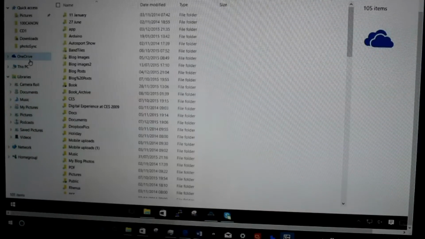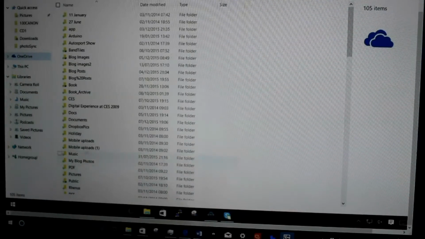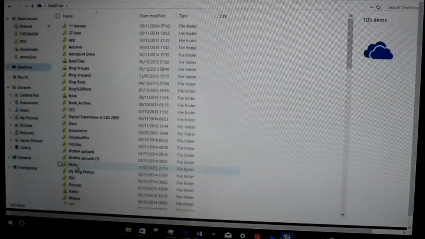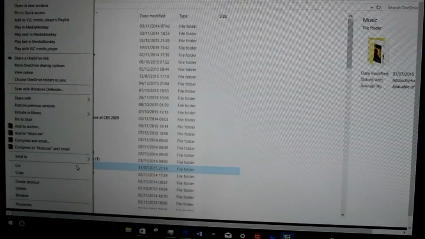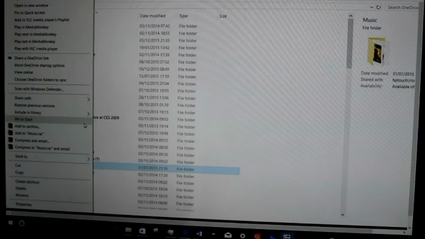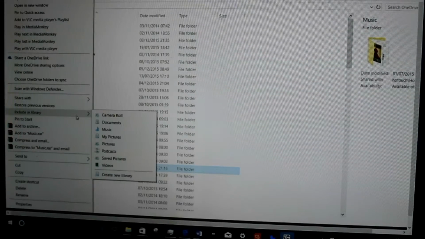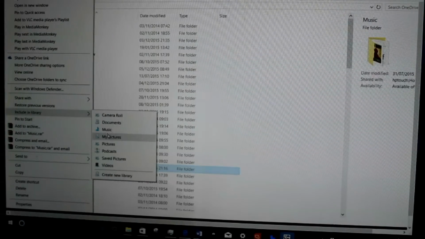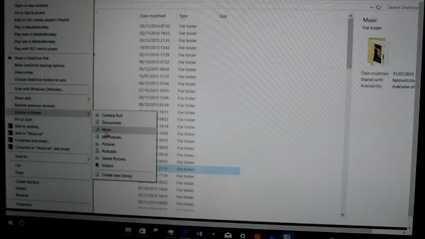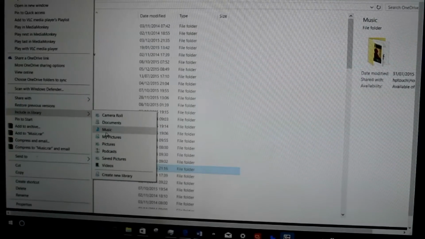if you go back to OneDrive and the music folder, you can right click and include in library there, and you can do music. So then that adds the shortcut back to the My Libraries music folder, and then